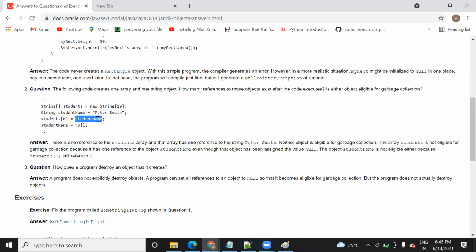It means that even after initializing the student name value to student 0, this student name variable will have the value Peter Smith. So you can't reinitialize a null value to that, and in the end it will throw an error.